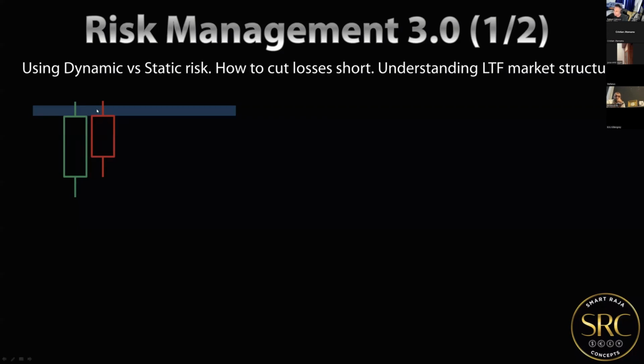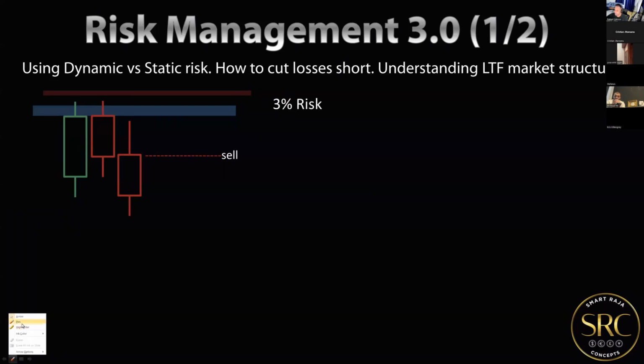So anyway, we got resistance formed, and now you're like, okay, we got resistance formed. What's the probability for the next candle to continue pushing down? You're like, okay, there's a high probability for the next candle to continue pushing down. So what I'm going to do is I'm going to have let's say a 3% risk right over here. So let's say you're using a static 3% risk. You take a sell right here,